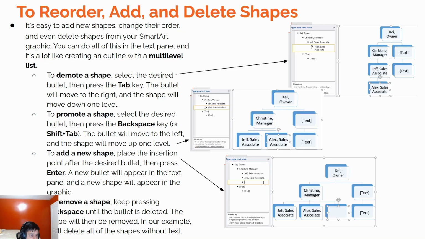Okay, so again, just to summarize, it's much like creating an outline with the multi-level list. To demote a shape, we select the desired bullet, then press the tab key. The bullet will move down to the right and the shape will move down one level. To promote a shape, we select the desired bullet and press backspace, and the bullet will move to the left